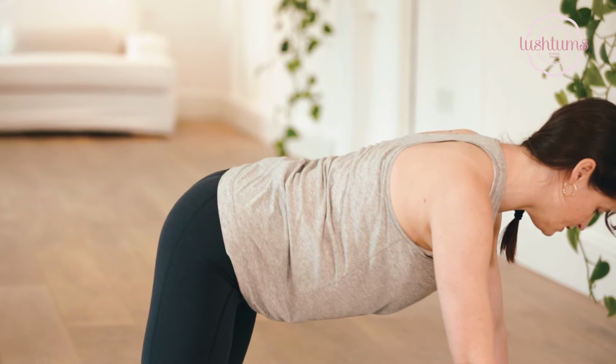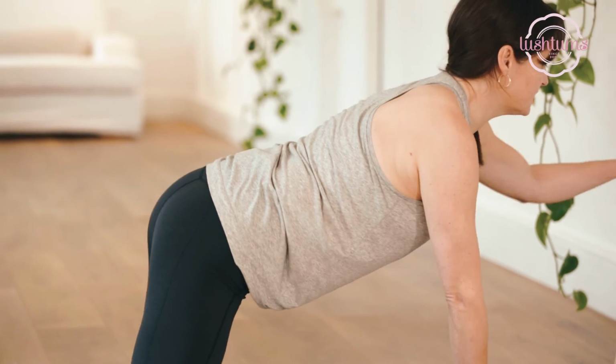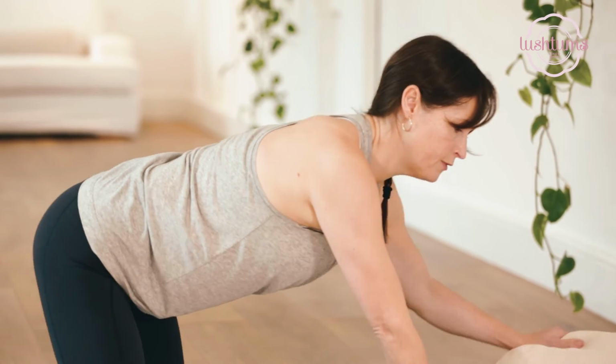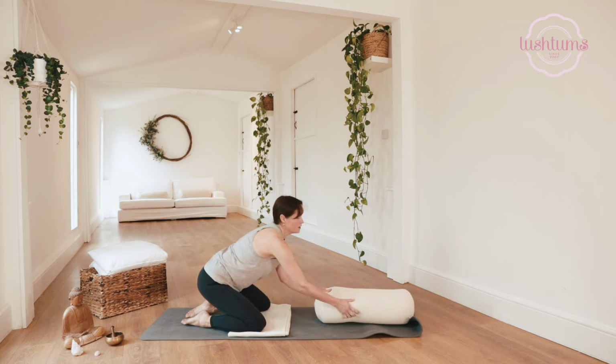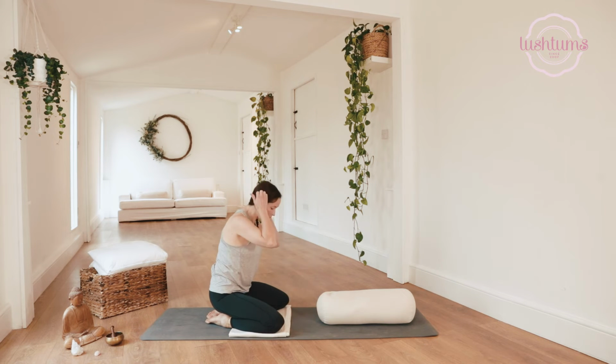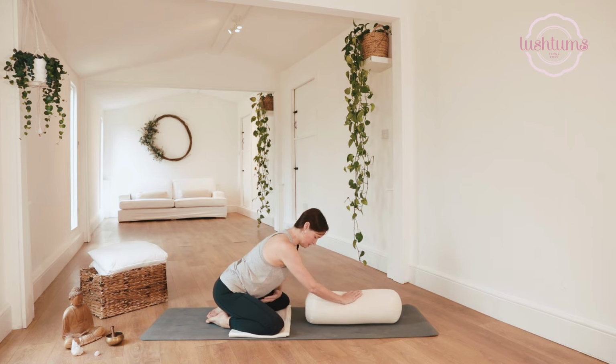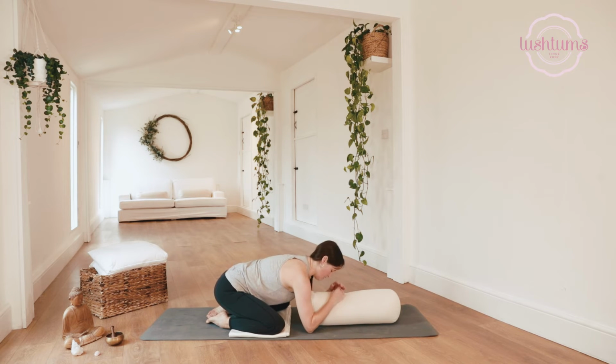Good. And then slowly, slowly, we're going to come down into child's pose. So if you've got any props nearby, you might just have some cushions or folded blankets. I'm going to use a bolster. And stay with your legs resting on your folded blanket. And you can come into a little den, making sure that there's no squishing around your tummy. You can stack your hands or rest your hands one on top of the other,